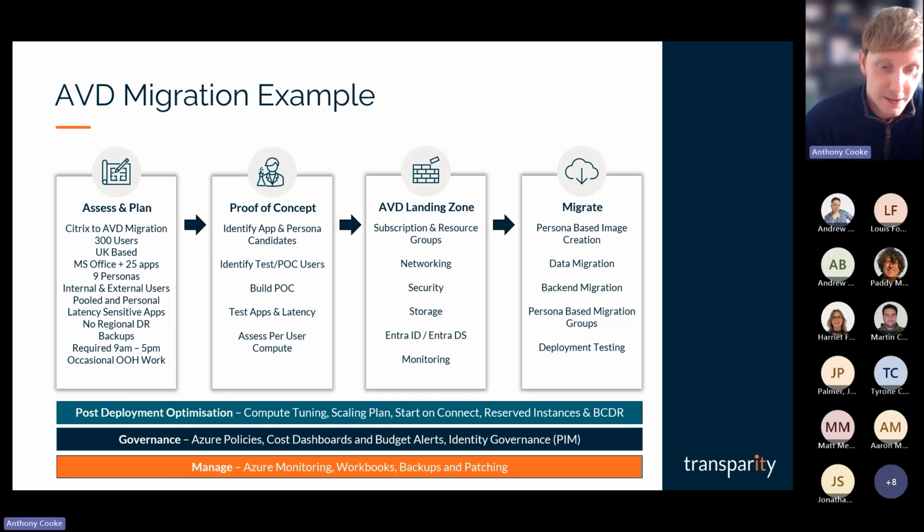There's additional pieces as well to saving costs in AVD. One example would be reserved instances. Anyone that's not familiar with them, when you buy compute or Azure virtual machines within Azure, you can apply what's called a reserved instance, where you are making a commitment for either 1 year, 3 year, or 5 years use. And by doing that commitment, you can see discounts, I believe, up to around 55%. One thing to be wary of: